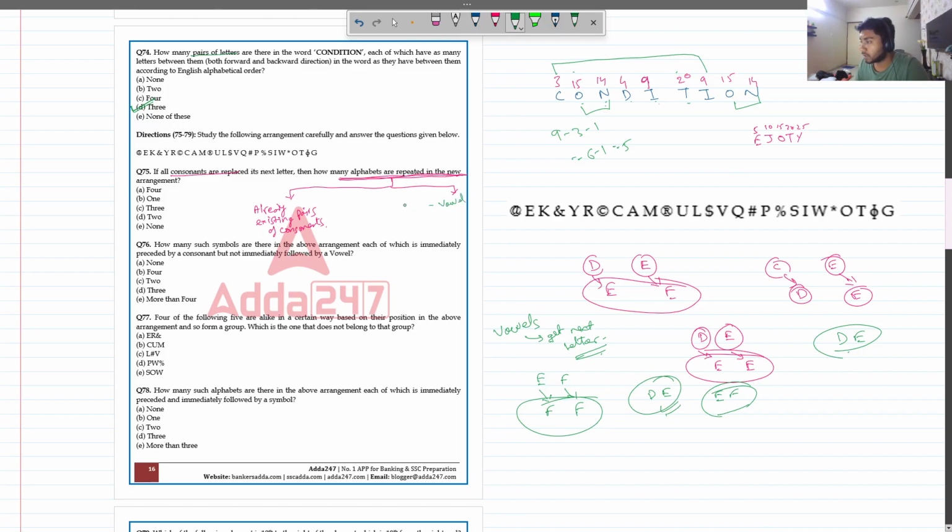Vowel and immediately before consonant, ये पेयर होना चाहिए मुझे। सो दीज आर द ओनली टू सिनेरियोज। आई होप इट मेड सेंस।